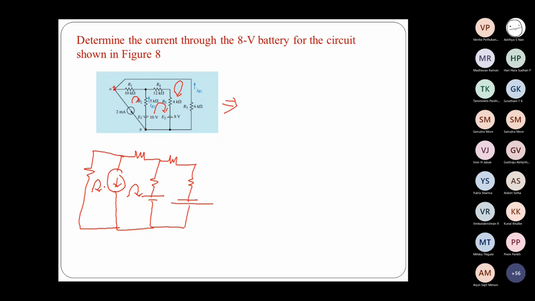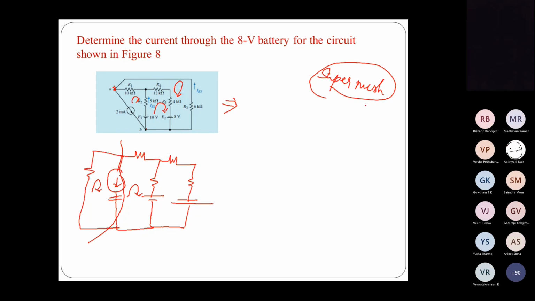Now, what will I write as a voltage component for this? How do I know what will be the voltage equivalent of this current source? Definitely it's not possible to find out. So in this network, to avoid that confusion, when you have a network with a current source, we cannot go for mesh analysis directly. There is something called super mesh. We'll discuss it in the next class. Using super mesh, networks with current source can be solved.